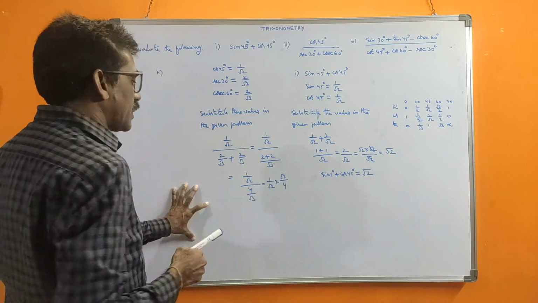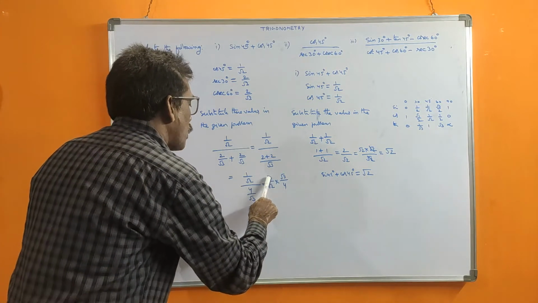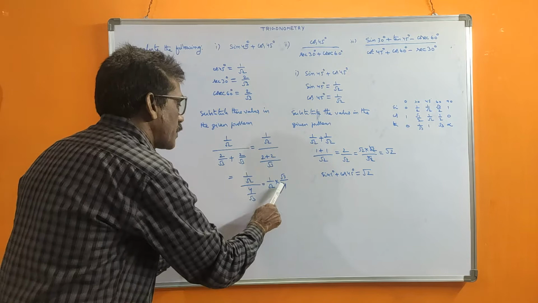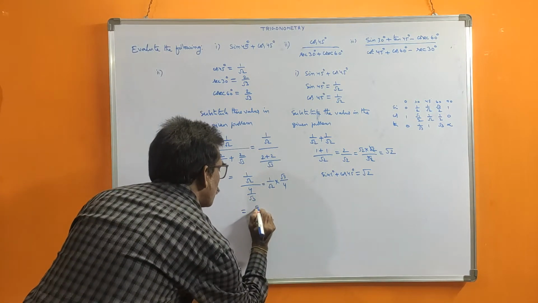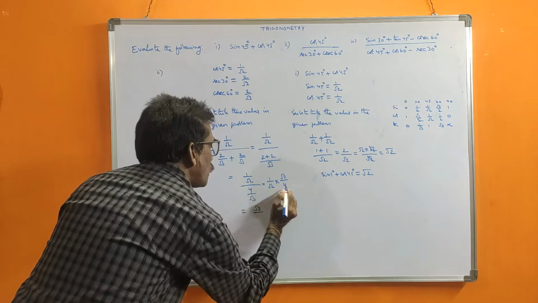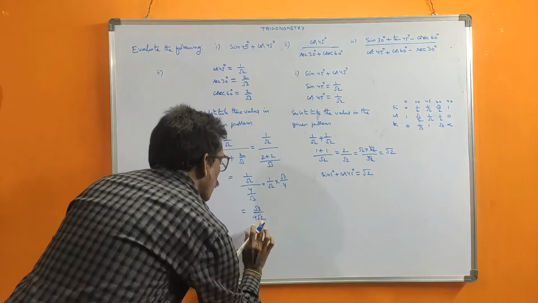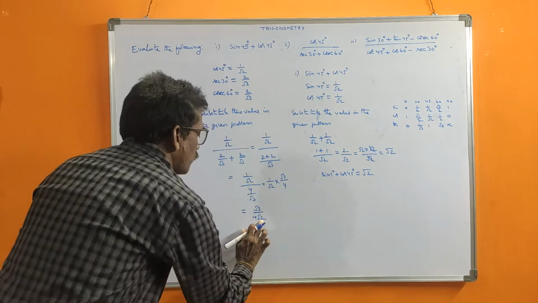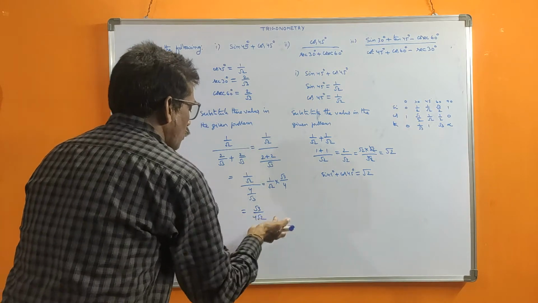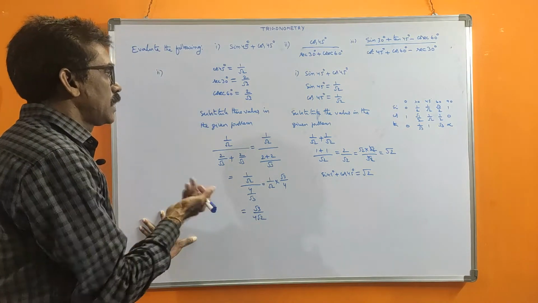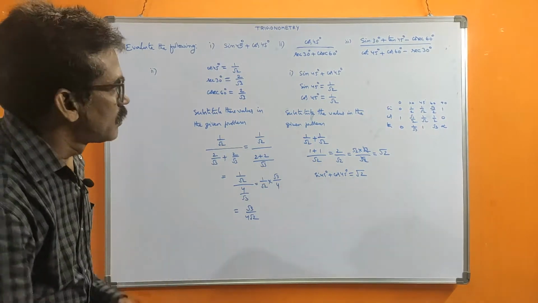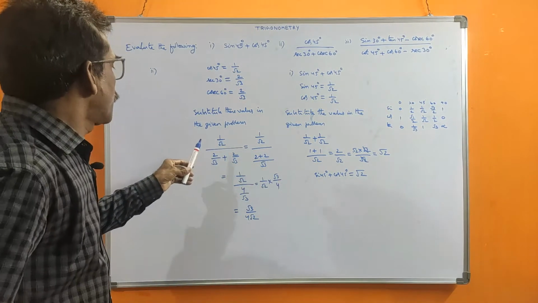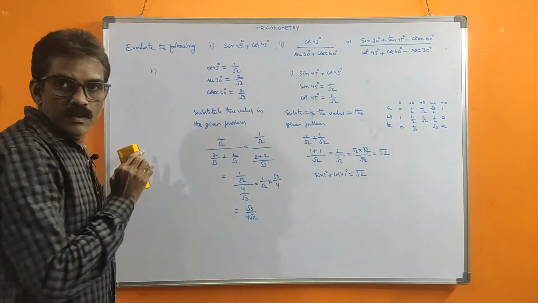So when there is no cancellation with fractions, numerator you multiply, denominator you multiply. That is the rule. So 1 into root 3 is root 3, by root 2 into 4 is 4 root 2. First we write the number, then the root number. Don't write root 2 4, write 4 root 2. This is the only answer. This is for the first one, this is for the second one. Next, third. Okay.